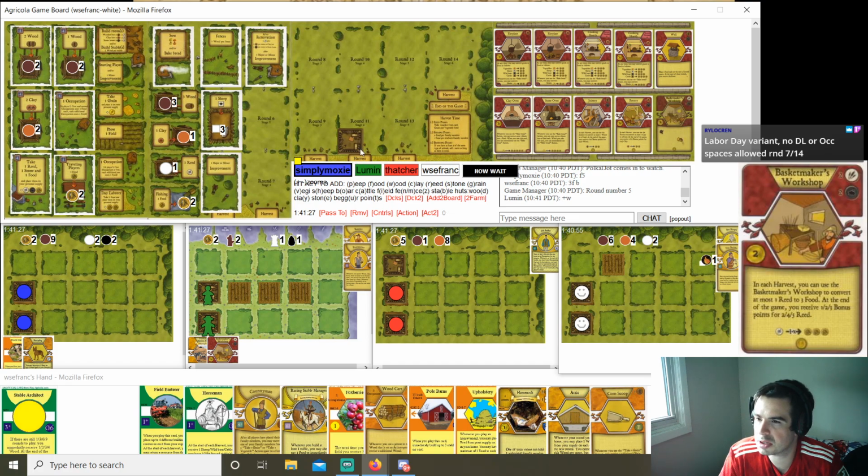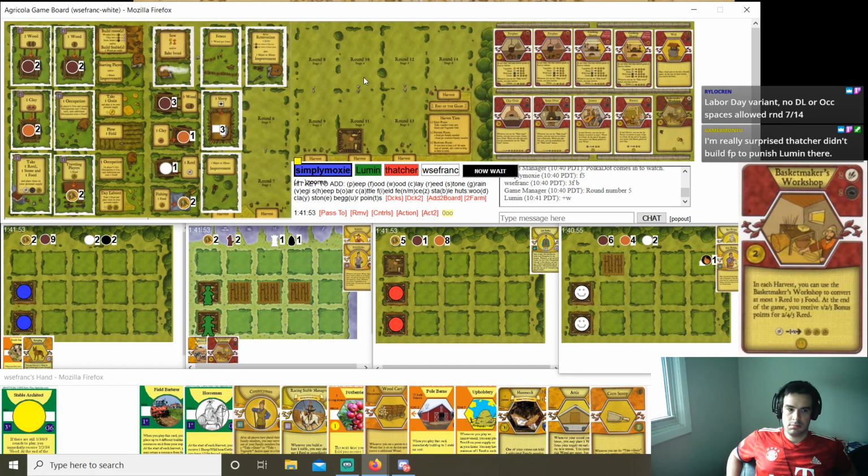Otherwise, I guess if Moxie doesn't build here, I will build. Because Thatcher seated in front of me means if I build here, I basically guarantee myself second family growth, as long as I can feed. That's the only question. Well, Lumin did have the out of day labor, to be fair. It would have slowed him down, but...